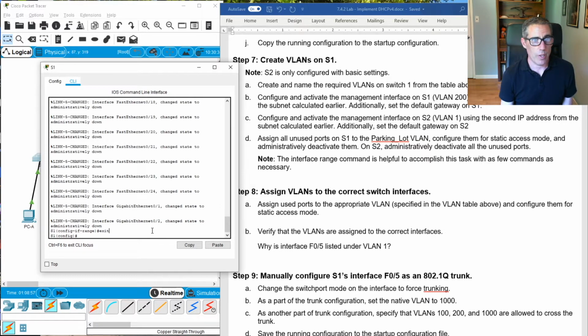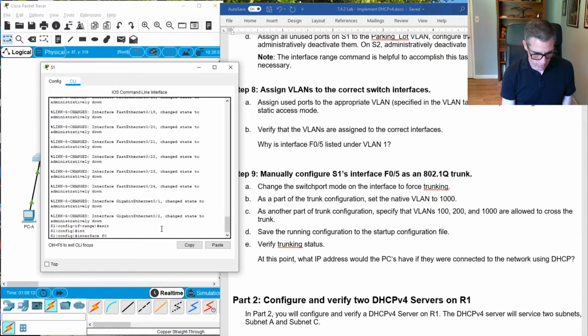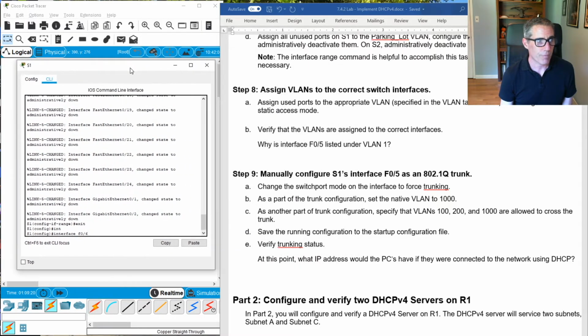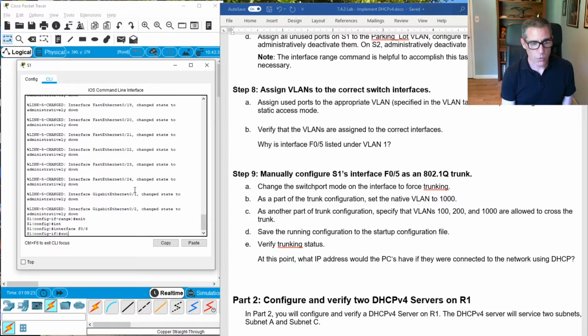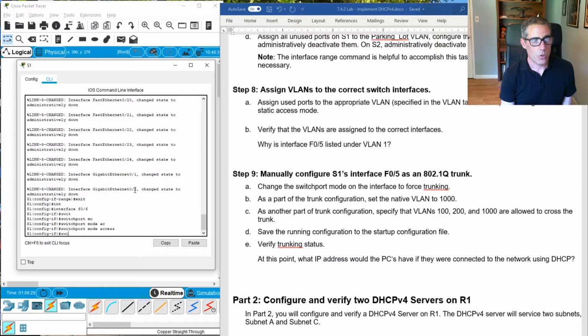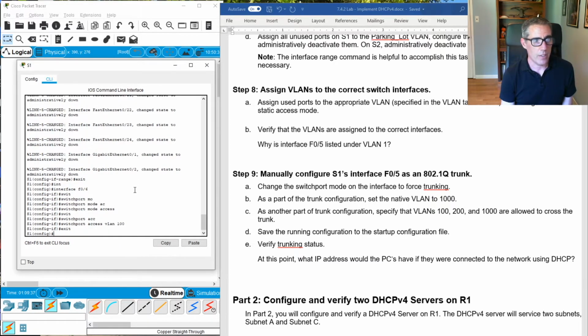So now I can actually go in and look at the ports that I am using. This is step 8. Assign used ports to the appropriate VLAN specified in the table. So I'm going to do interface F0/6, which is plugged into, it's this cable here plugged into PC A. Switchport mode access, switchport access VLAN, and this was 100, the client VLAN. And if I exit,